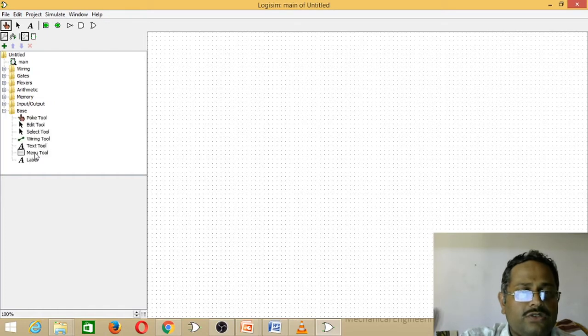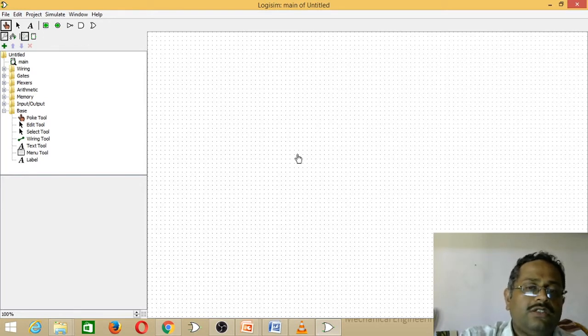These tools are all available in the base also. And next, two green color buttons are visible. These two green symbols are very essential for building a circuit. The first one, square, is used for the input pin, and the circular one is used for the output pin, and the gates are available in this tree also.